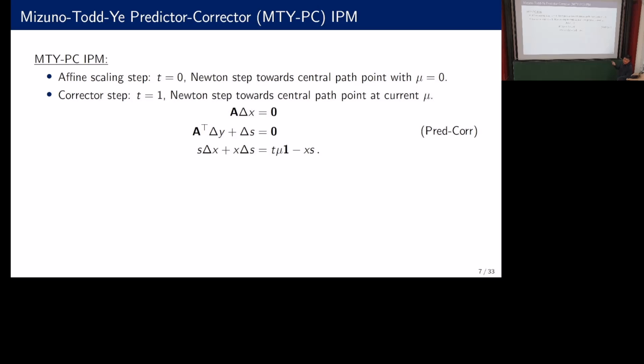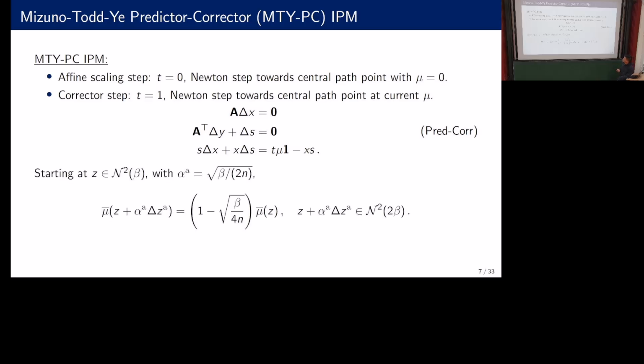So it uses an alternation between the predictor step, known as the affine scaling step, which is basically the Newton step toward the central path point with duality gap set to 0. But of course, this is far too aggressive to take a full step because that would deviate too far from the central path. So classical analysis shows that if you just take a step length of square root beta over n, then you are guaranteed to reduce the duality gap by a factor of 1 minus square root beta over n while slightly deviating from the central path.